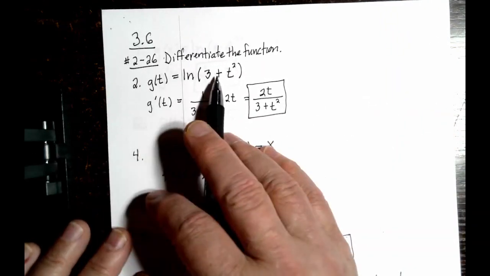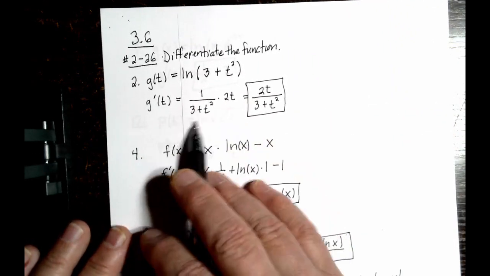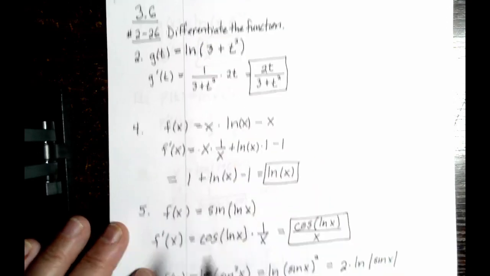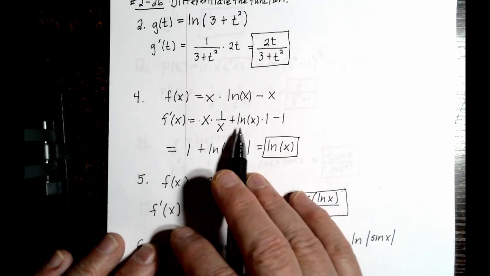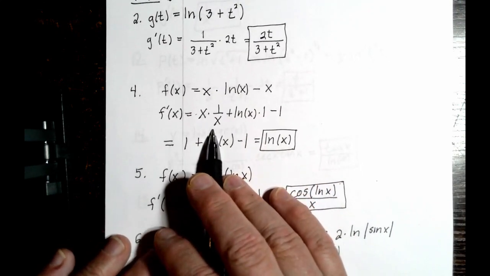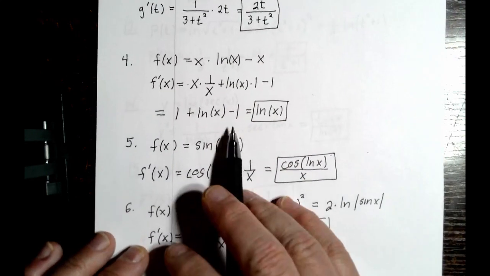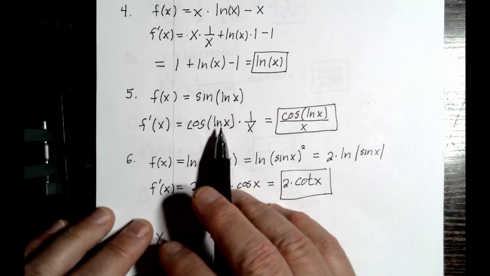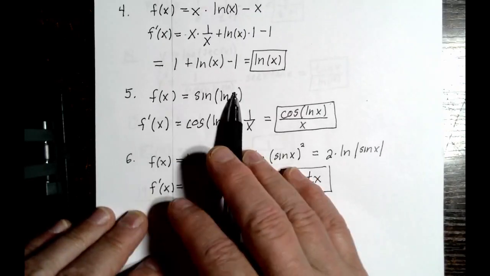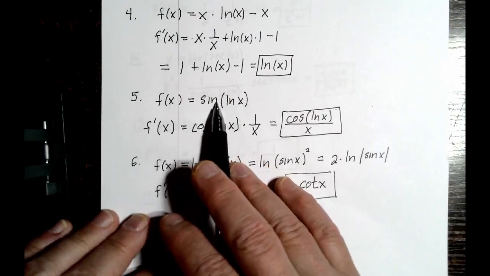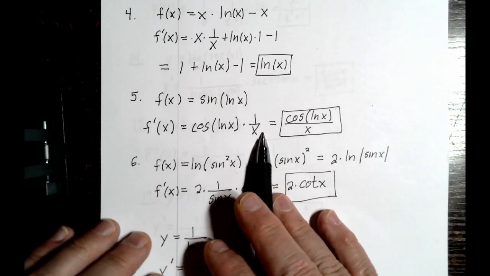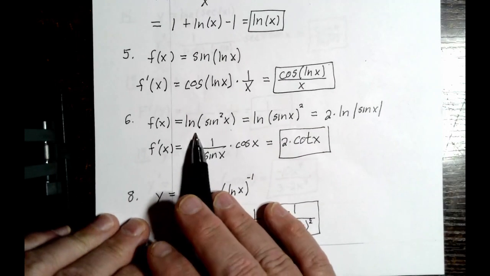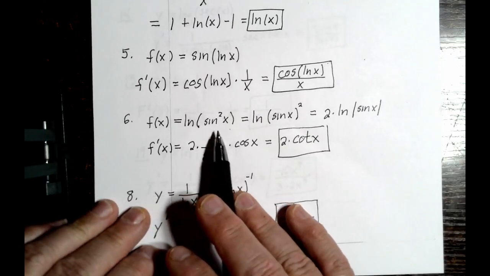So g of t equals ln of this, so it's 1 over this times the derivative of that. X ln of x, you're going to use the product rule, and when you take the derivative of ln, it's 1 over x. Sine ln of x, this is a chain rule, so you can take the derivative of the outside and not touch the inside, and then follow it with the derivative of the inside. Then here again, the derivative of this is, well